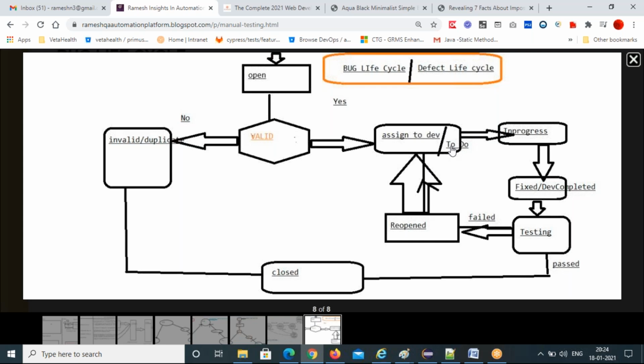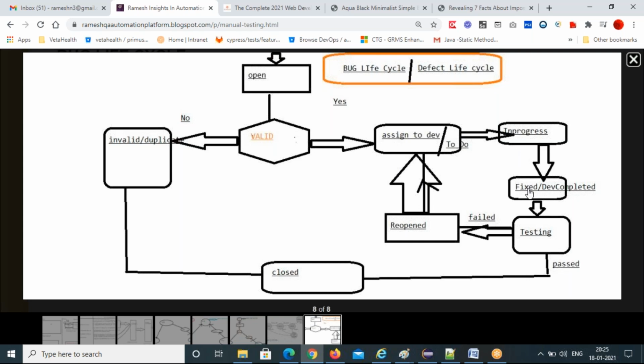If the developer started working on that, you can make it in progress. In progress means he is working on that.